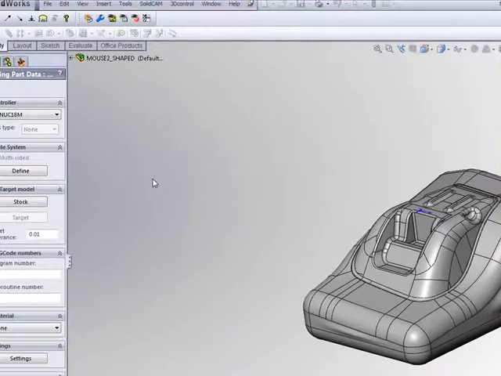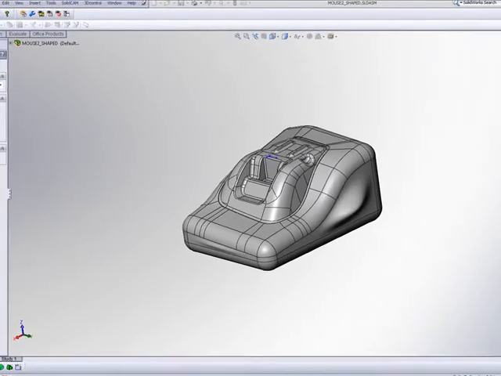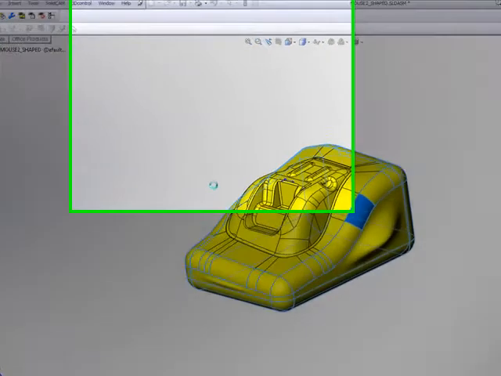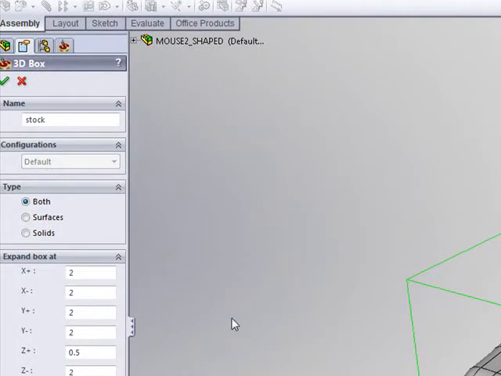We can actually first go into stock before we go into define. Click on stock and define a box automatically around the part. By simply clicking on the part, a box will be created around the part itself. I have complete control of the size of the box as far as sticking out past the limits of the part. I just want to set these right now at 0,